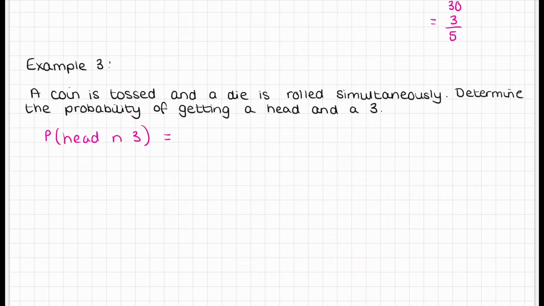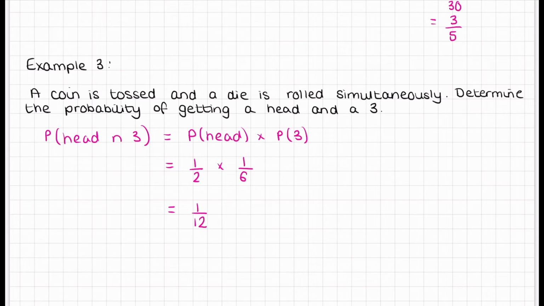Now this question does not tell us that it's independent, but sometimes we do just have to use our brain and ask: if we're tossing a coin and rolling a die at the same time, do they affect one another? Are those two things completely independent of each other? Yes, they are. Rolling the die does not affect tossing the coin, which means it is an independent event, which is the probability of the head multiplied by the probability of a 3. Probability of getting a head is a half. Probability of rolling a 3 is 1 out of 6,